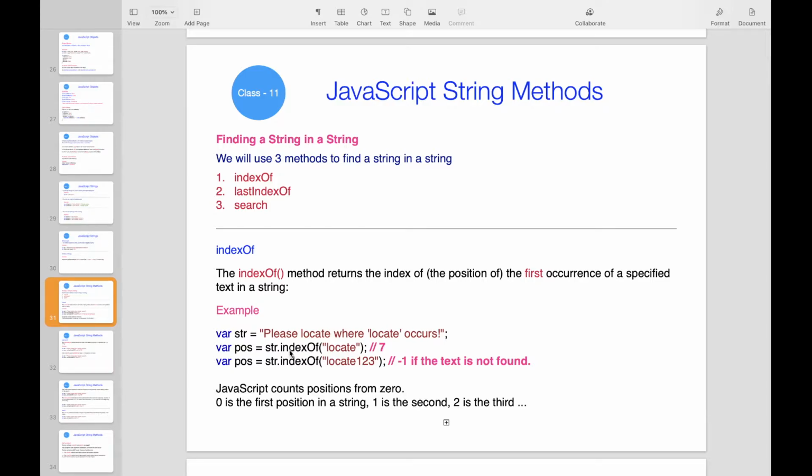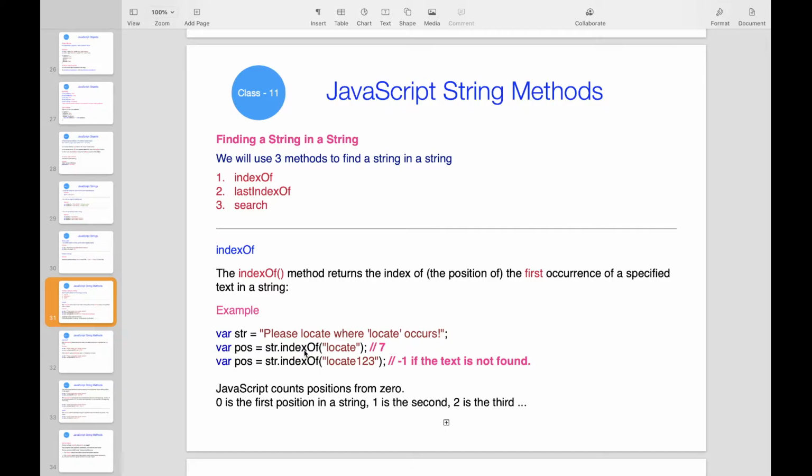So the indexOf method will give the position of this string. Wherever it finds this substring inside the main string, that position it will give as output. Here it finds it at the 7th position, so it will return 7. In case it doesn't find the string inside the main string, it will give -1. Both indexOf and lastIndexOf work the same way in this regard. That is about indexOf.